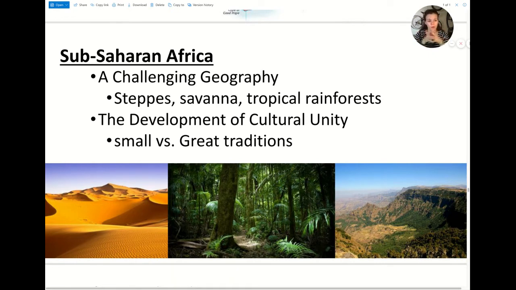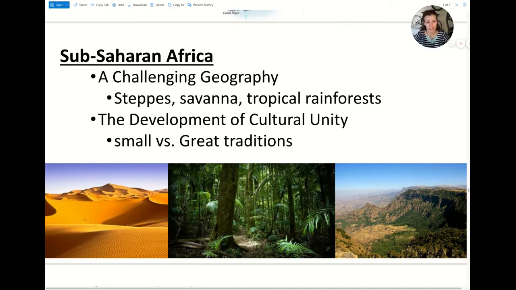So think Rome, right? So Rome covers a large area, but there is sort of this institution of religious, social and cultural beliefs that everyone who's living in Rome is going to adhere to. They're going to be speaking Latin. They are going to be polytheistic. They are going to be participating in the Roman economy. So that means they're going to have shared values around money and food and value, right? So this would be a great tradition, this vast territory of Rome and this large cultural complex that it would encompass.